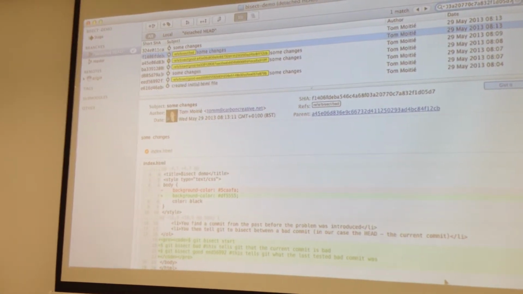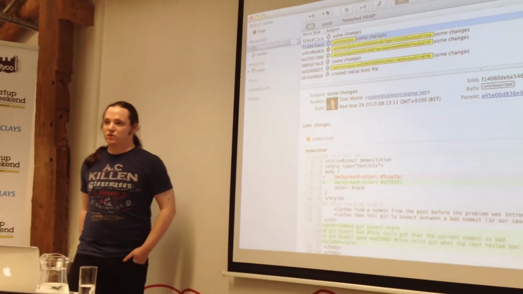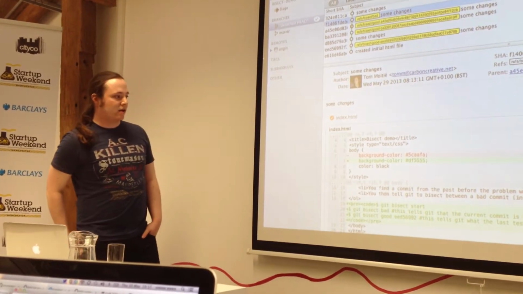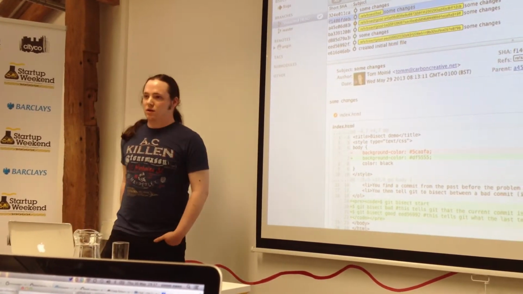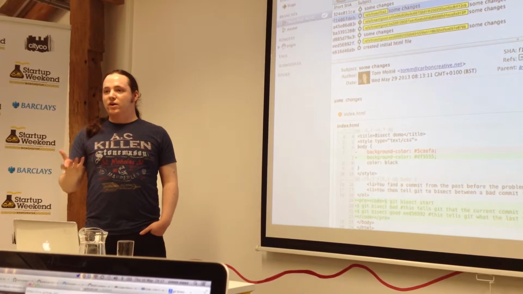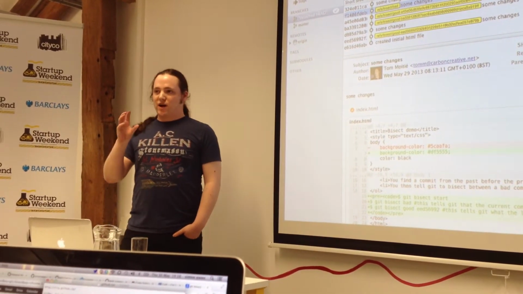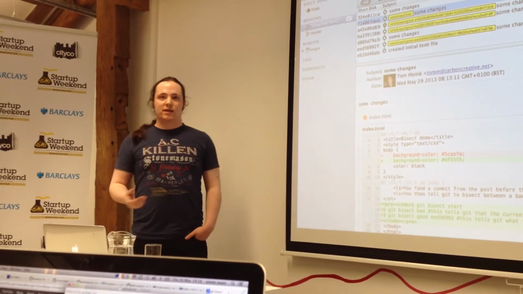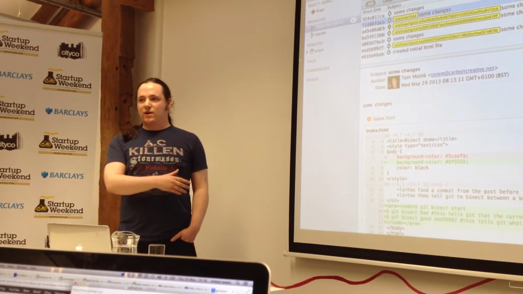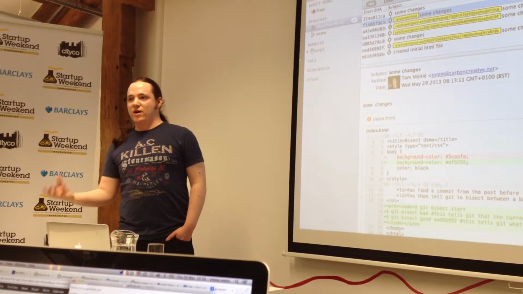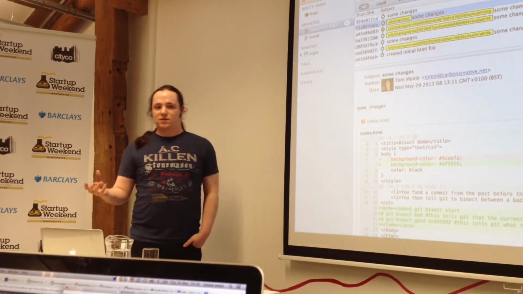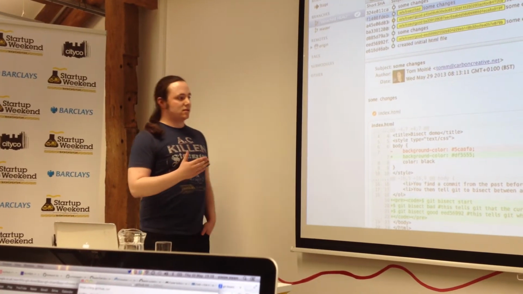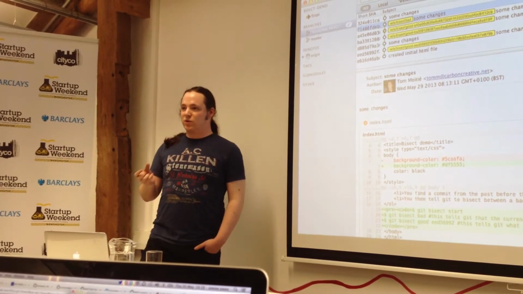This is so useful when you're trying to track down a weird bug that's happened somewhere. Say you've got 10 people working on the same repository, and you see there's some weird iOS touch bug, and you need to figure out why that's happened, and it's happened a long time ago. You basically give it a line 2,000 commits ago, and you compare it to the present, and it will ask you those questions, is this good or bad? And you will be able to track down the exact time when the problem started happening,